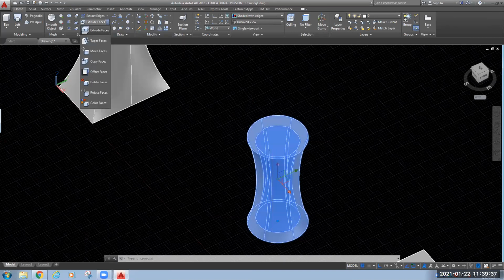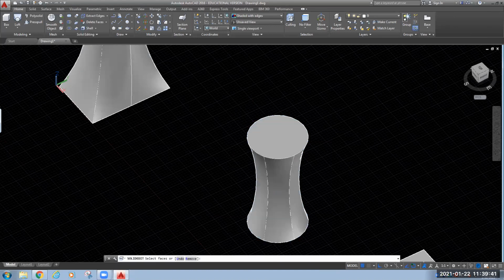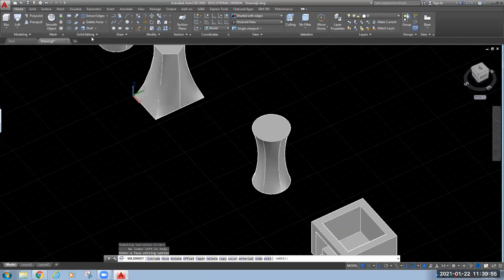Delete face. We can select this face and enter. Still that is not removed. Why is this not showing?